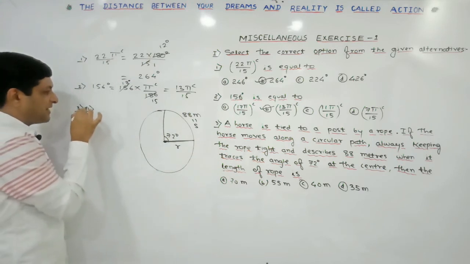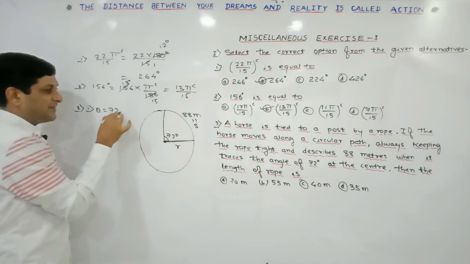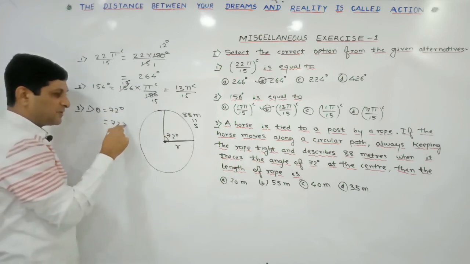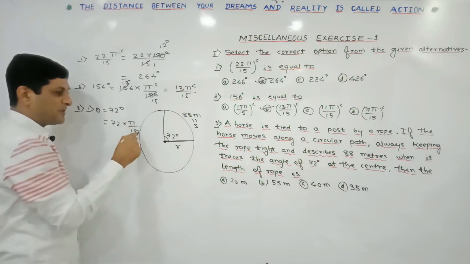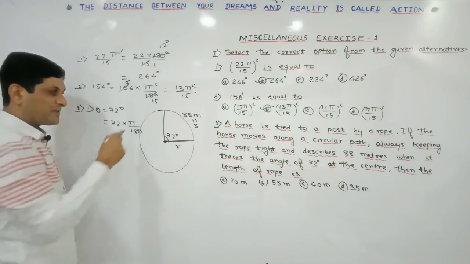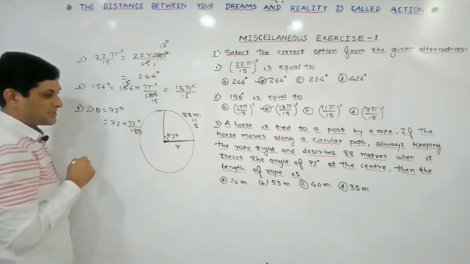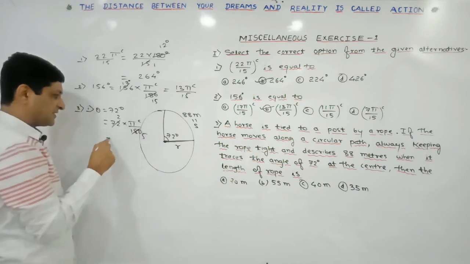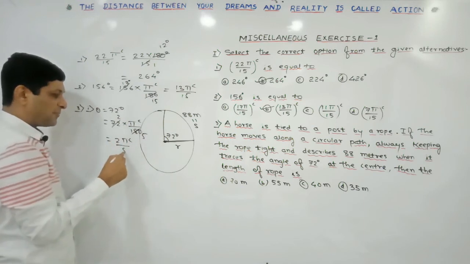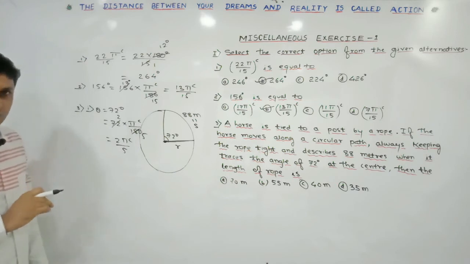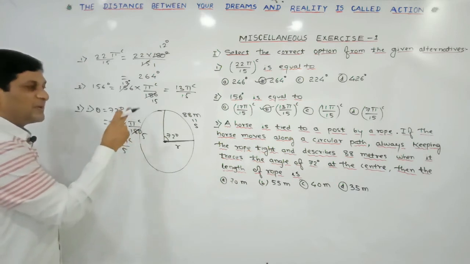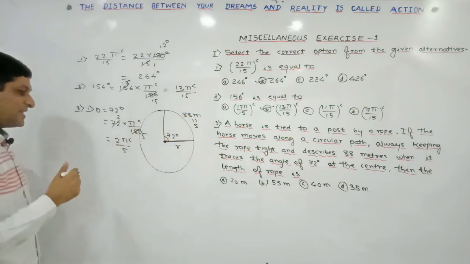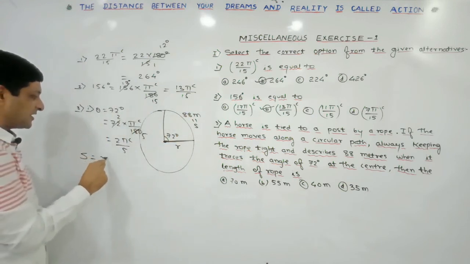So here the first given value is theta, which is equal to 72 degrees. So let us convert this degree measure into radian measure. 72, keep it as it is. We are multiplying by pi by 180 to convert degree measure into radian measure. We can observe that both the numbers are divisible by 36. 36 twos are 72 and 36 fives are 180, so which is equal to 2 pi radian upon 5. Once the value of theta is known to us, now we have one formula to find the radius if the length of arc is given to us. What is that formula? S is equal to r theta.